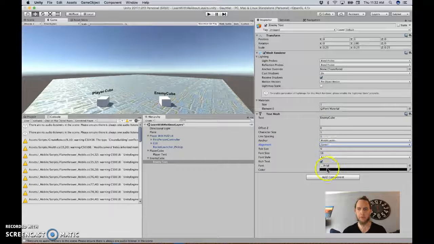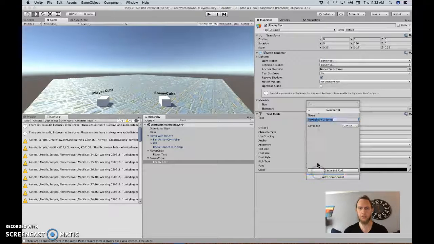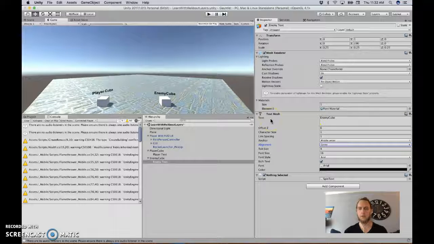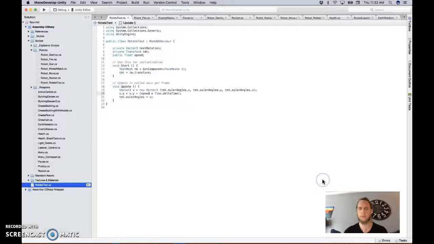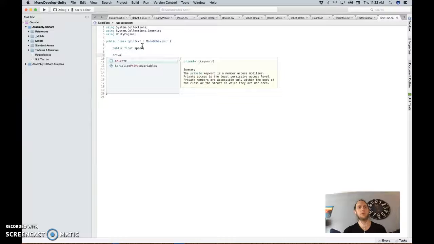I made them both 16 black, and we're going to add a component to make it spin, a new script, spin text. Double click on it. All right. So we need a public float speed. We need a private